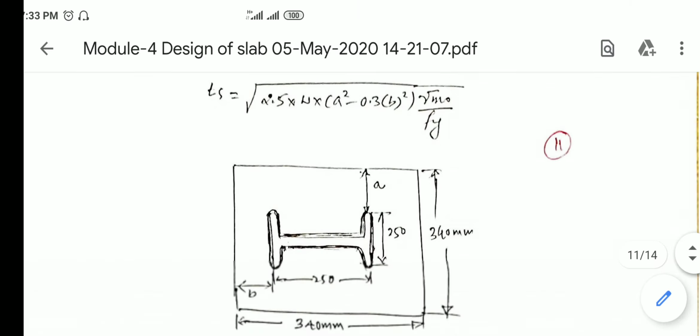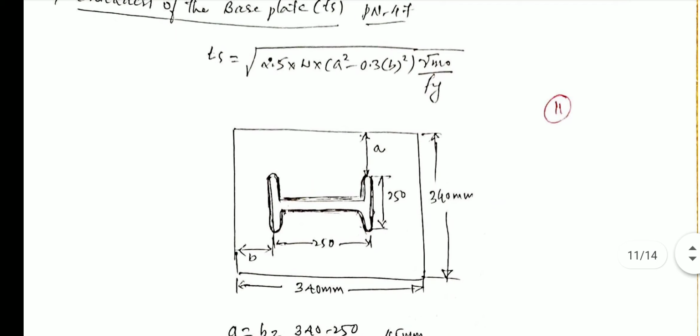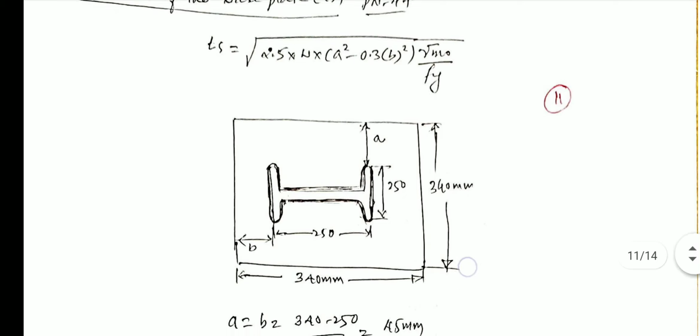So here it is given. When you refer to page number 47, I'll show you, this is page number 47. The area is given on a slab basis. They give 7.4.3, which gives the TS value. You need not remember this value; directly you get the formula, and from that formula you get the value of TS. But when calculating TS, you require A and B, because you have taken the square footing directly, so now you have to calculate A and B.